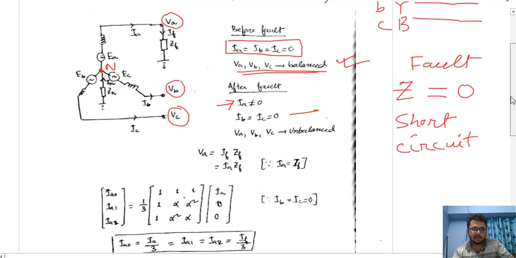Now see, in the diagram a fault occurs, see IF. If a fault is occurring here, a path is automatically created for the current to flow. Where will it flow? It will flow to the ground. So current is going to flow like this. What is the current flowing? IA. No current is flowing through IB and IC, because here we don't have any fault.